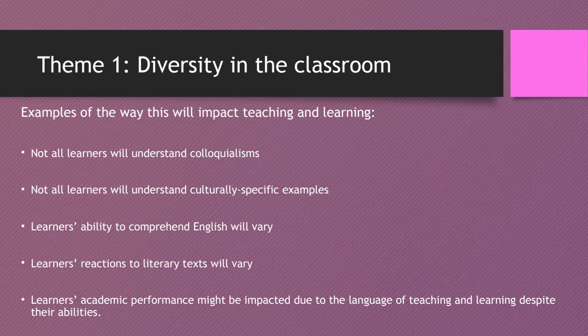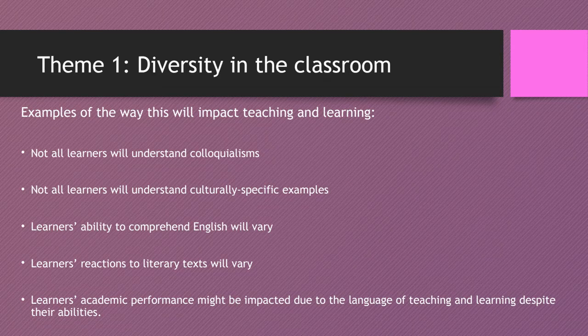So we are using, obviously, the 16th century English view of witches and witchcraft, but you have to understand that not all the learners are going to understand that example. So you're going to have to do some pre-reading activities to make sure that all of the culturally specific concepts that are going to be used in your lesson